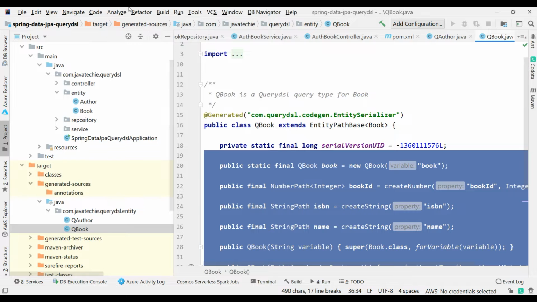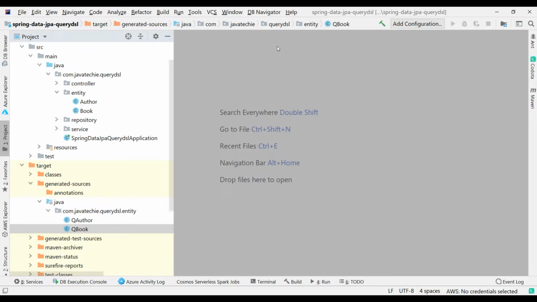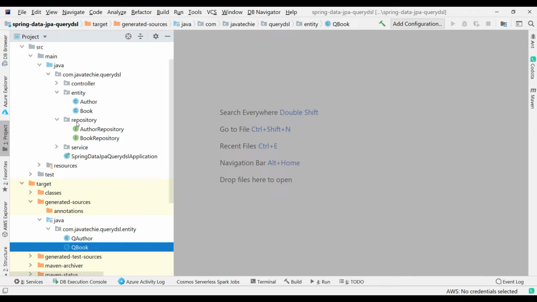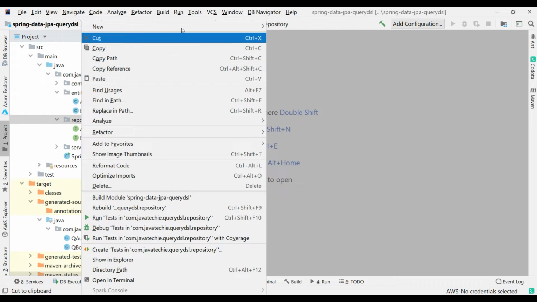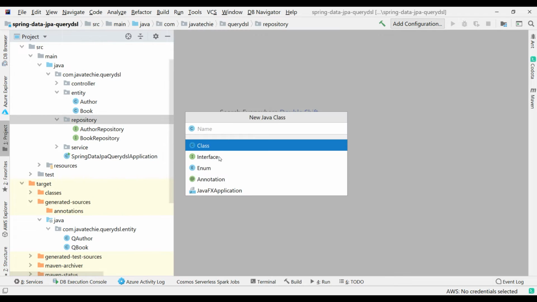So what we'll do is introduce another interface, or another repository, called base repository, because we need to maintain two repos, one for JPA activity and another for QueryDSL activity. So I'll create another interface called base repository.